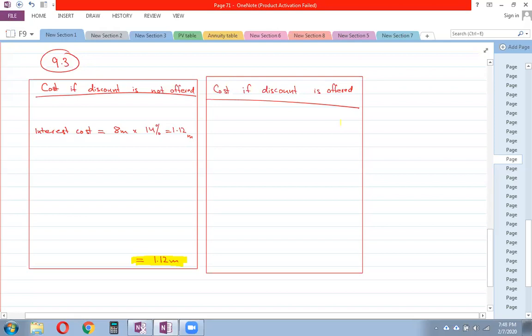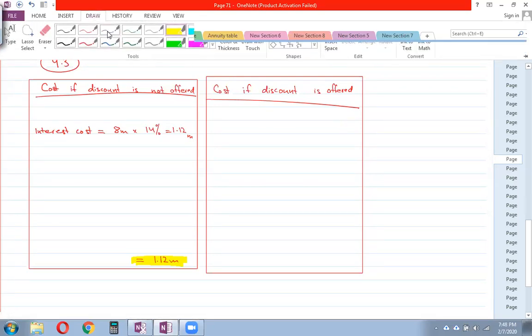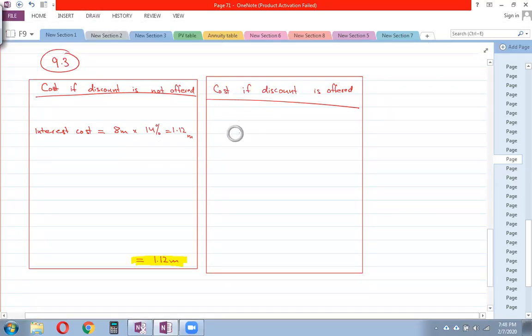Previously we had no discount cost, but now we'll have the discount cost as well. So first of all, let's calculate the discount cost. It says that the discount is 2%. 2% of what? 2% of sales, which is